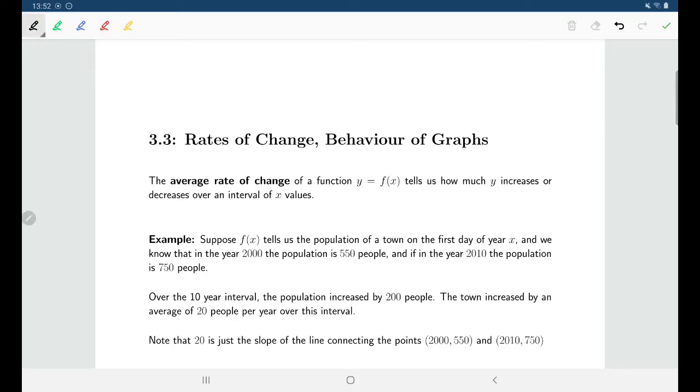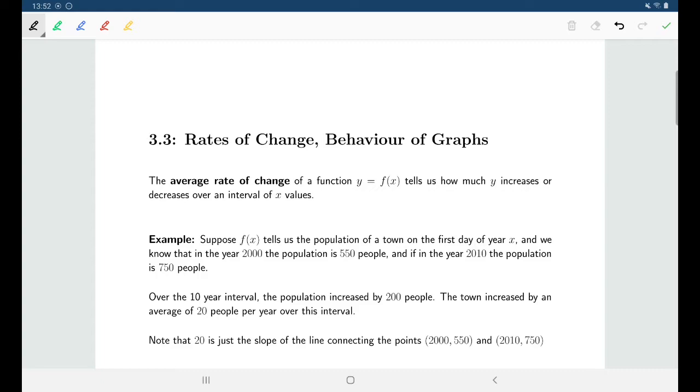Welcome back. In this video, we'll be talking about the average rate of change of a function, and we'll also be talking about the behavior of the graphs of our functions: increasing, decreasing, maxes, mins, and all those sorts of things. But first, to start with the average rate of change of a function, this is going to tell us